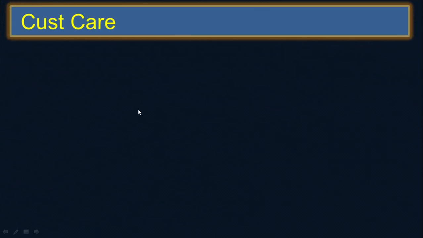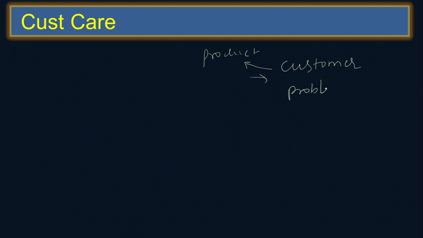So what are the things we can add in this particular project? Any customer care project is basically to manage the customers. You are a company and you sold some product to them. So they purchase the product from you. Then they have a problem. When they have a problem, naturally they need to call up and tell you there is a problem and ask how to solve it. So here we consider a washing machine. So the product is a washing machine.